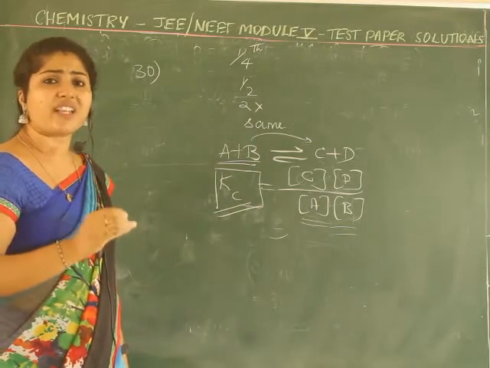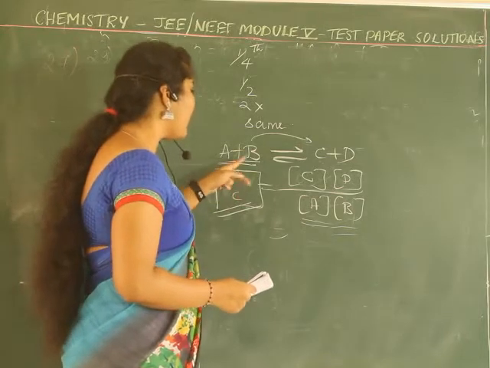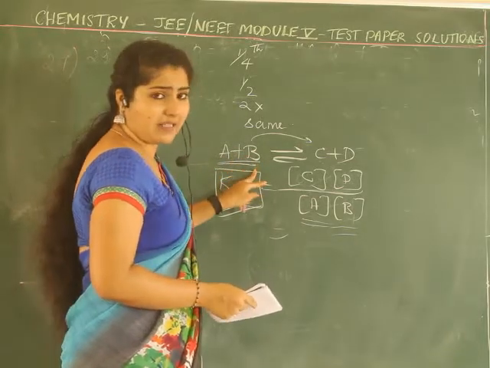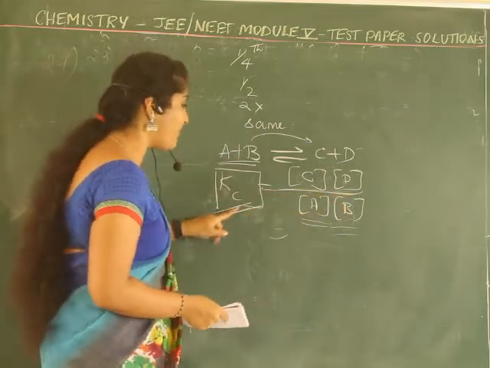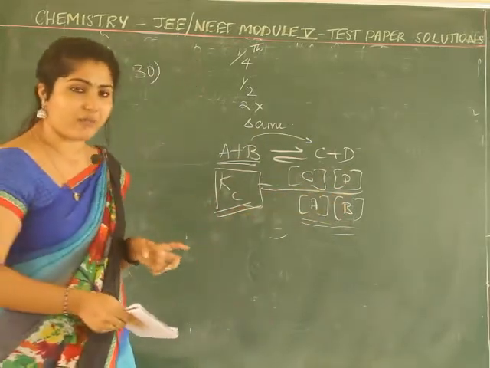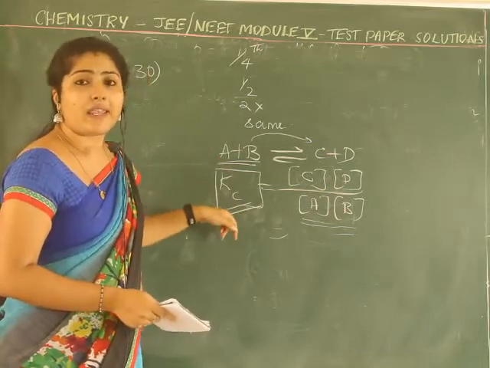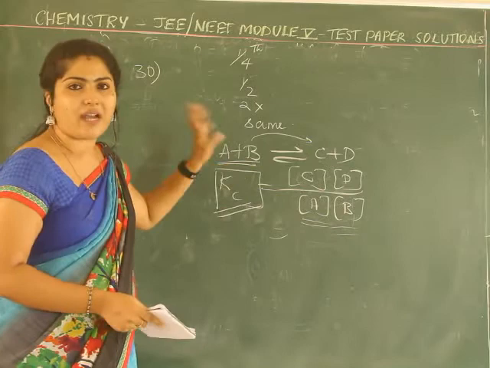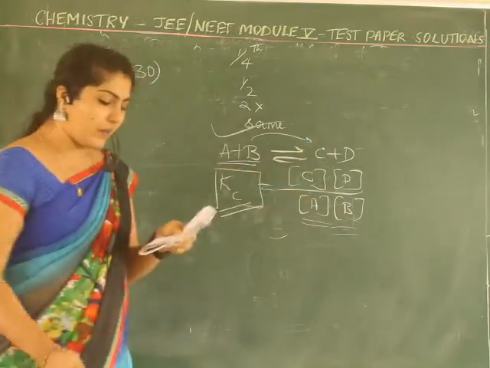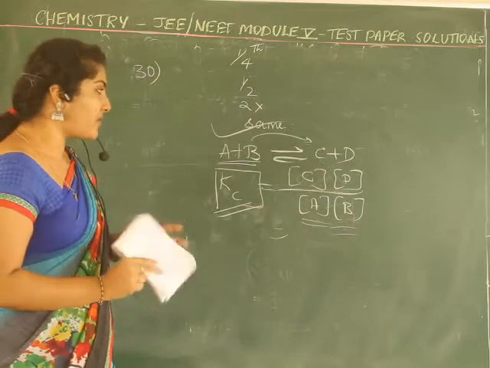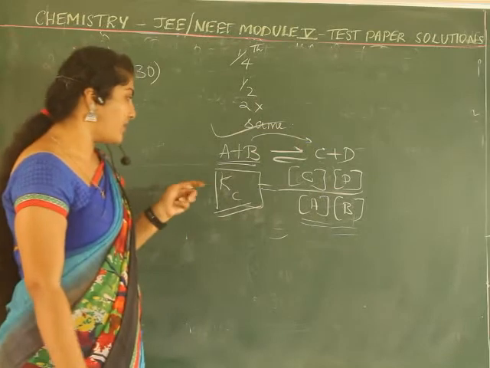The equilibrium constant is defined when the system has attained equilibrium. So if you increase the initial concentration of the reactants, the forward reaction is favored, but it does not affect the equilibrium constant. Equilibrium will be attained after some time. So you must say it remains the same. Hope it is clear. Concentration does not have any effect on the equilibrium constant.